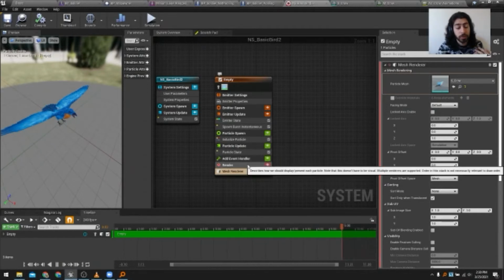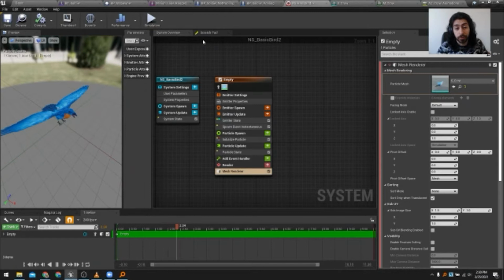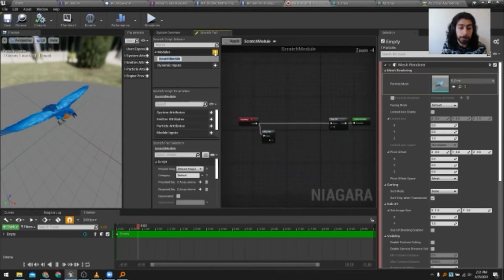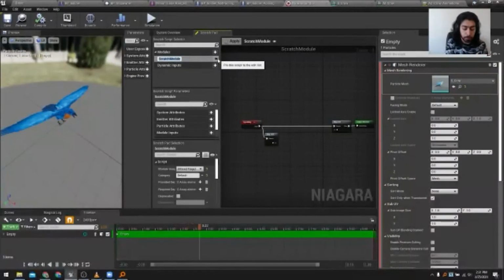To do so, we just need a very simple custom function. And this is where Scratchpad comes in. Scratchpad is our visual scripting language for HLSL inside of Unreal. So if you're already familiar with Blueprint, it's going to be a very easy transition for you. And this enables you to unlock all the power of HLSL so you can do your own functions. Okay, so I'm just going to call it Scratch Animation.